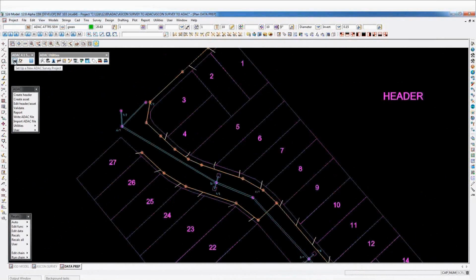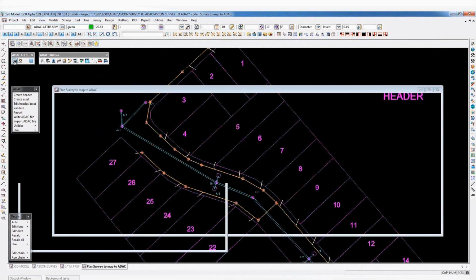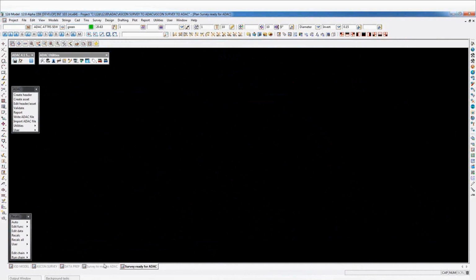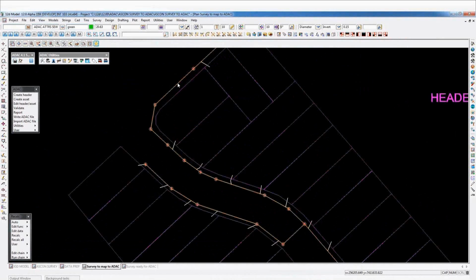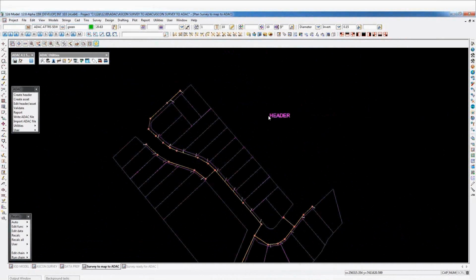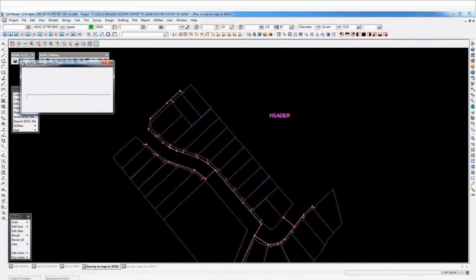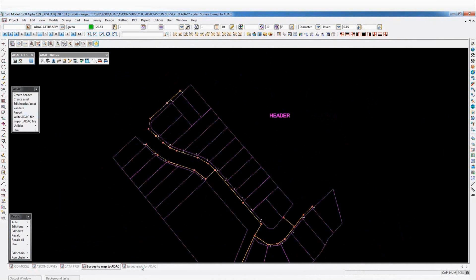On the toolbars that are available, we can go up under the setup for a survey project. It'll then create the views that we need, the data, survey to map, and then the data ready for ADAC. So we've got some, use our favourites, add in our data. We have data plus a header file. The header file contains information about the project, horizontal and vertical. And so if we go to our chain and run local survey to ADAC,